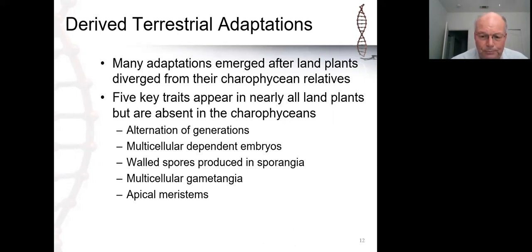What is rather surprising, and what makes this a derived trait, is that of all the algae that are multicellular, the charophyceans do not show alternation of generations. They are the one form of multicellular algae that do not show alternation of generations. So given that we point to the charophyceans as the ancestral group of algae that give rise to land plants, to not have alternation of generations in the charophyceans, but to see it amongst all representatives of the plant kingdom,